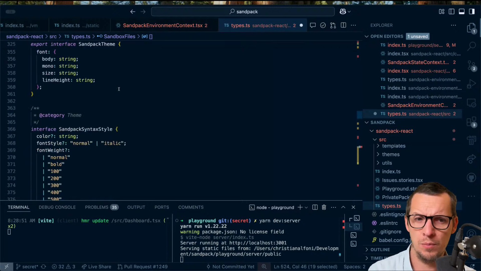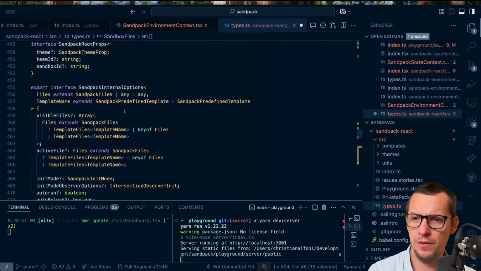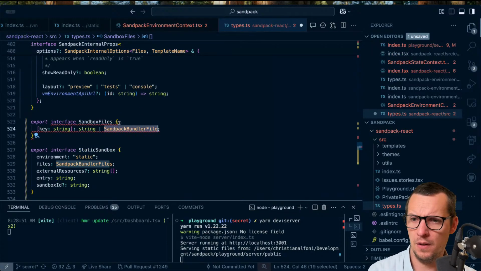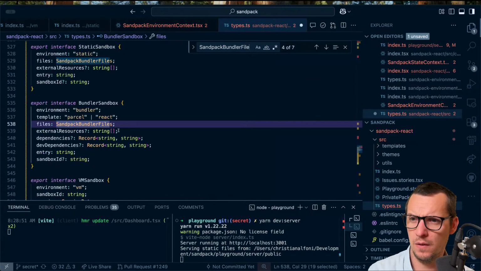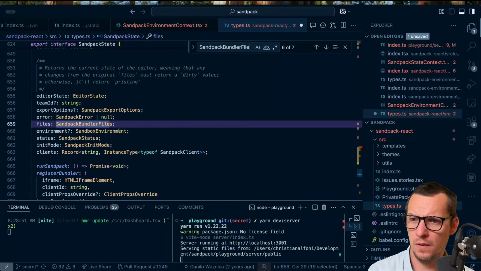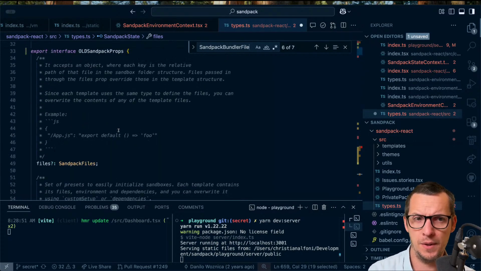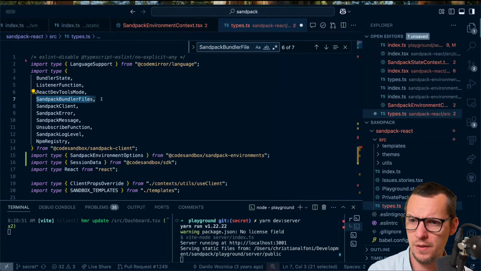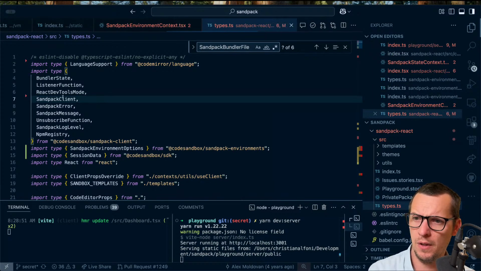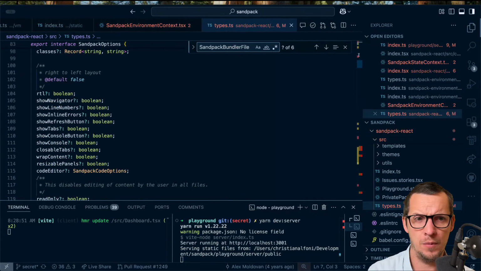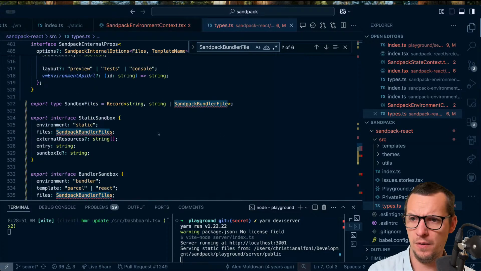We're not going to use this bundler file thing. Oh my god, there's so much stuff in here. So I'm going to remove this. We're not really going to use any of this stuff when we're done. But okay, for now,